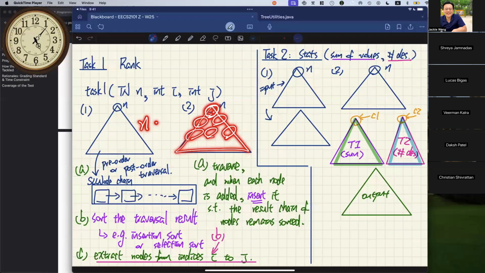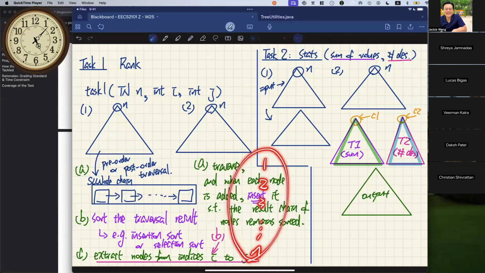If you think about how the insertion sort running time is derived, for every node you insert, you're still going to get up to n for the most expensive insertion. For the very last node you want to insert into the sorted chain, you already have n minus one nodes in the chain, and you want to insert the last one into it, so it costs n. So you basically have one, then two, then three, all the way to n. If you add up the cost, it's going to be n squared as well.